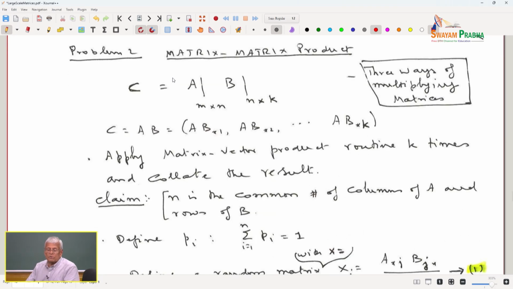Now, I am going to talk about the second application, the second problem. The first problem is computing the matrix vector product. The second problem is computing the matrix product. So, I am trying to introduce the randomization algorithm using simple problems. I always say you have to learn to walk before you run. So, this is